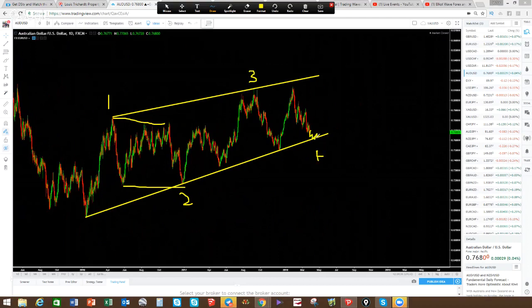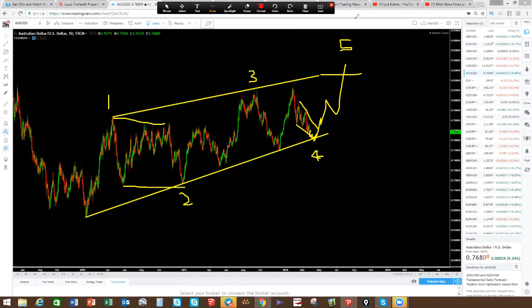Okay? And we're going to be looking for this to give us a wave 5. A wave 5 before we get a move down. Okay, we're starting to get that V pattern, as you can see, down to wave 4, showing us that we will reverse to wave 5. And if you look at the dynamics of the